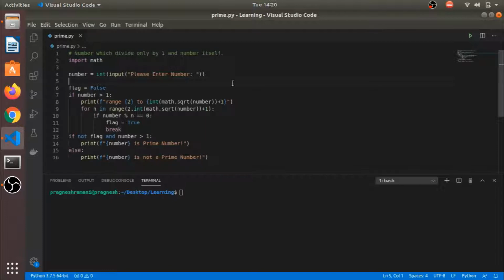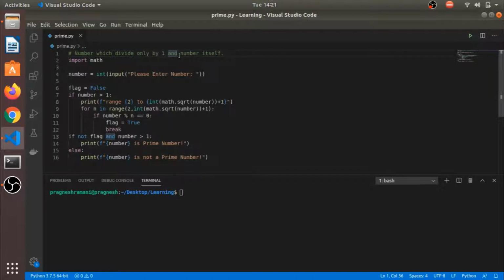For example, if you want to check whether the number 3 is prime or not, then that number must be divisible only by 1 and that number itself. So if we are dividing 3 by 1, then it is valid, and it is also divisible by the number itself. Okay, so how can we check whether it is divisible or not? For that, if a number is divided by some number, then the remainder must be 0. So whenever you divide 3 by 1, the remainder must be 0.